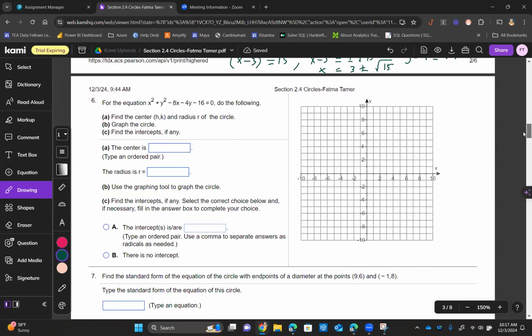And for question 6, we're going to repeat this one more time. And we have the general form. We want to organize it to find the standard form so we can locate the center and the radius. Then we will graph the circle and we will find the intercepts. So I think you guys got the idea about graphing, and it's kind of easier to graph